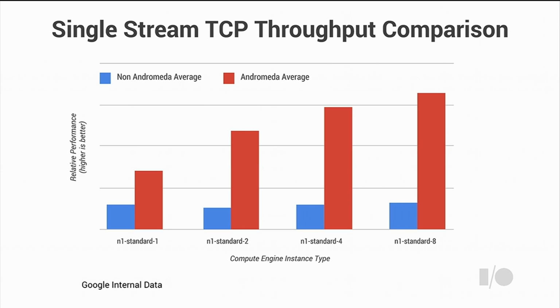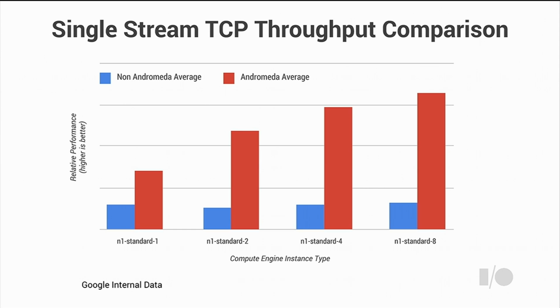The blue bars represent the average throughput for what we had before Andromeda, the non-Andromeda average. As you can see, this is fairly static across all 4 of those machines. The red bar represents the average we see with Andromeda. With the smaller instance, the 1-core instance, we get almost double, 2x throughput performance on that particular type. When it comes to the 8-core instance, we get roughly 4x improvement in throughput on single-stream